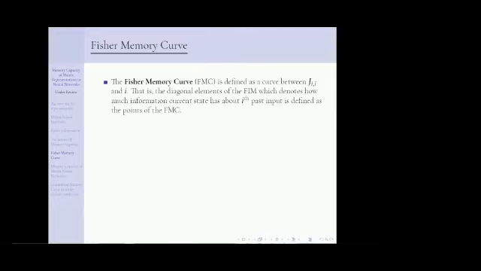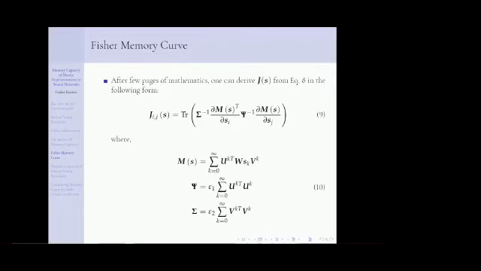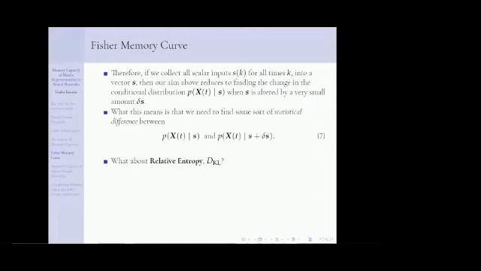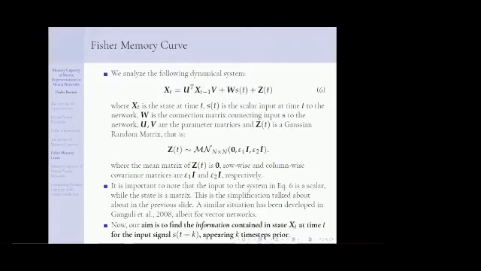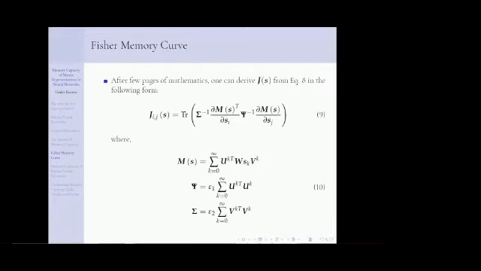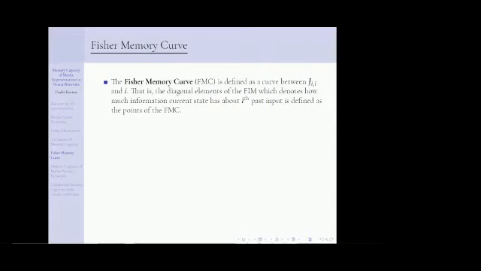So we now finally come to what we mean by Fisher memory curve. Equation 9 is the Fisher information matrix for the system in equation 6. Please keep that in mind. We have now finally derived the Fisher information matrix for a matrix dynamical system which stores matrix representations. That is very important. So now that we have done this, we are coming close to a notion of Fisher memory capacity.